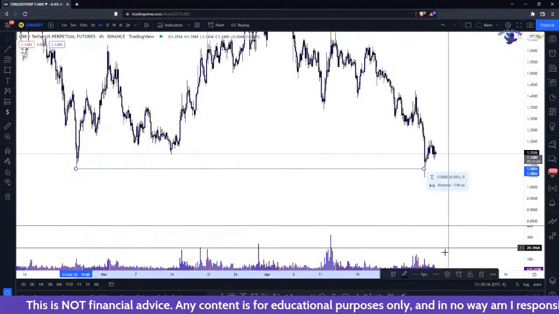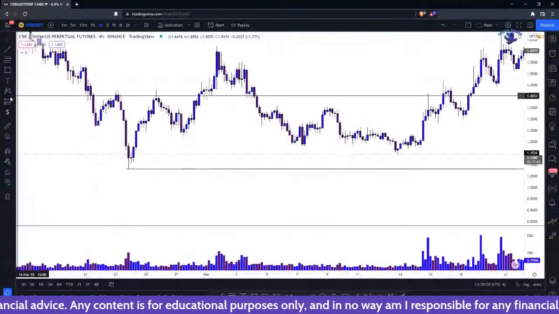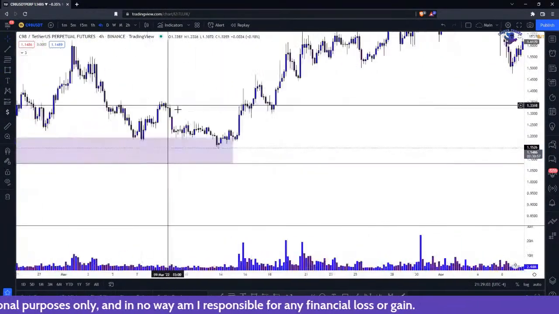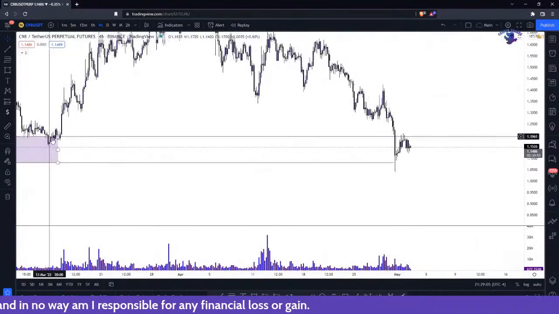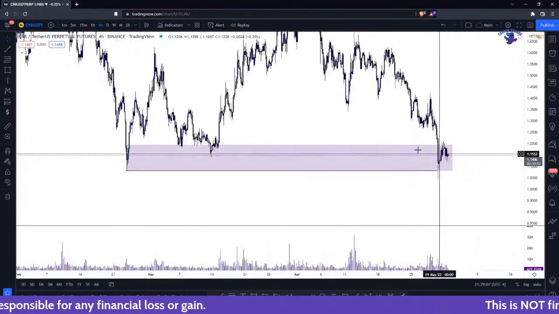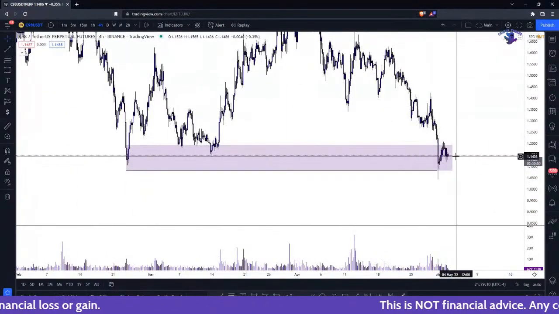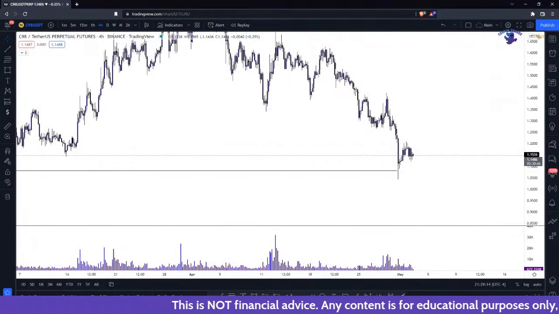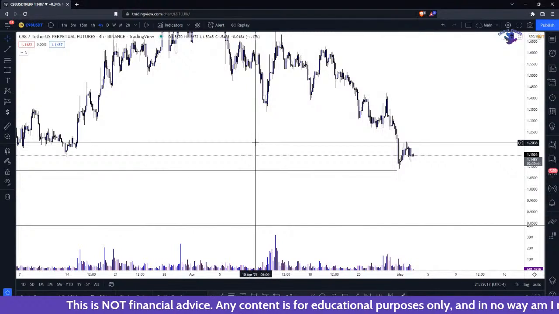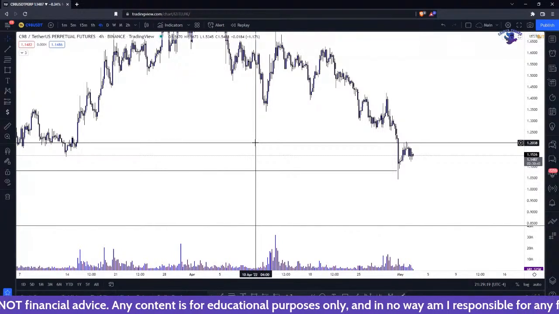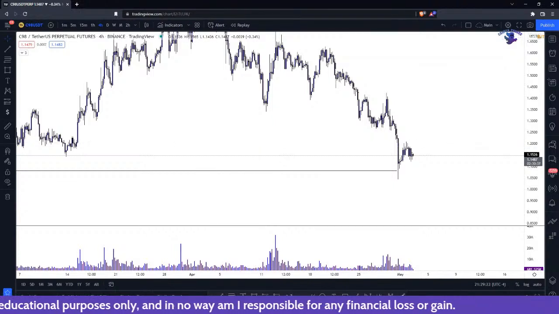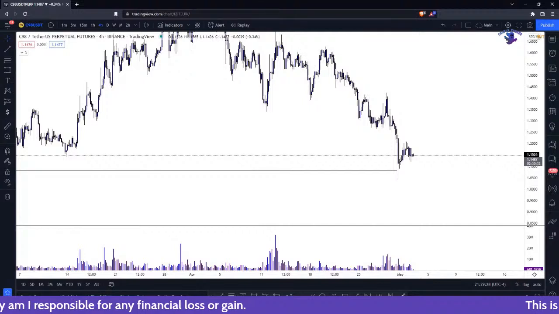But what I would wait for, for instance, if we would have had this anywhere in this demand over here, you already really reacted to in this area. If you would have just reacted to demand without breaking down from it, it would have been cool. But I wouldn't touch this. Usually use 4-hour and daily. For CHoCHs, I wouldn't really. I would use the 4-hour and the daily to find mitigation zones. I wouldn't use them for confirmation.